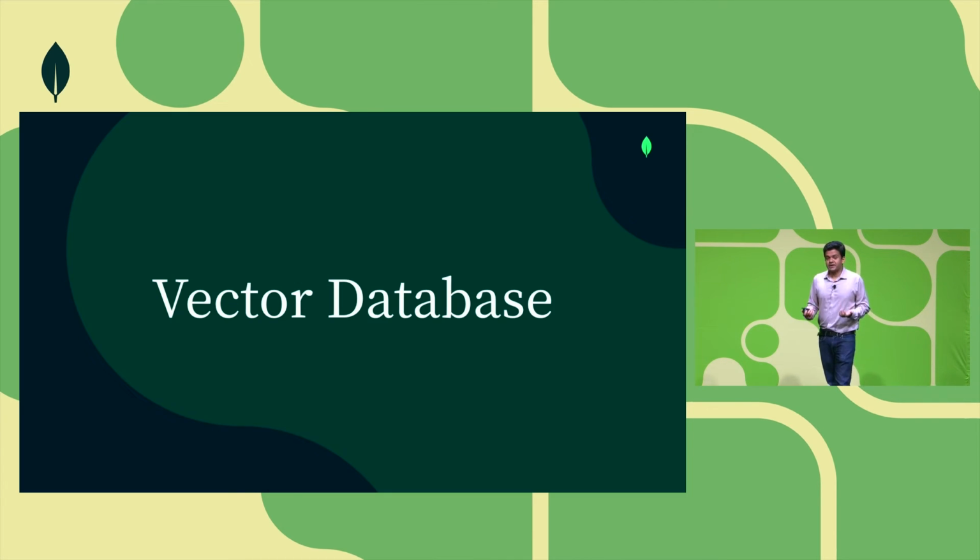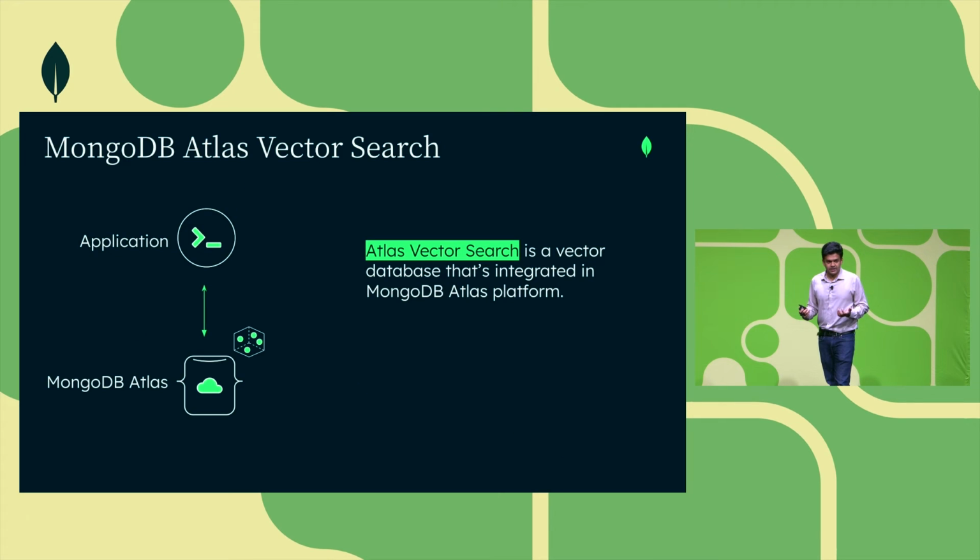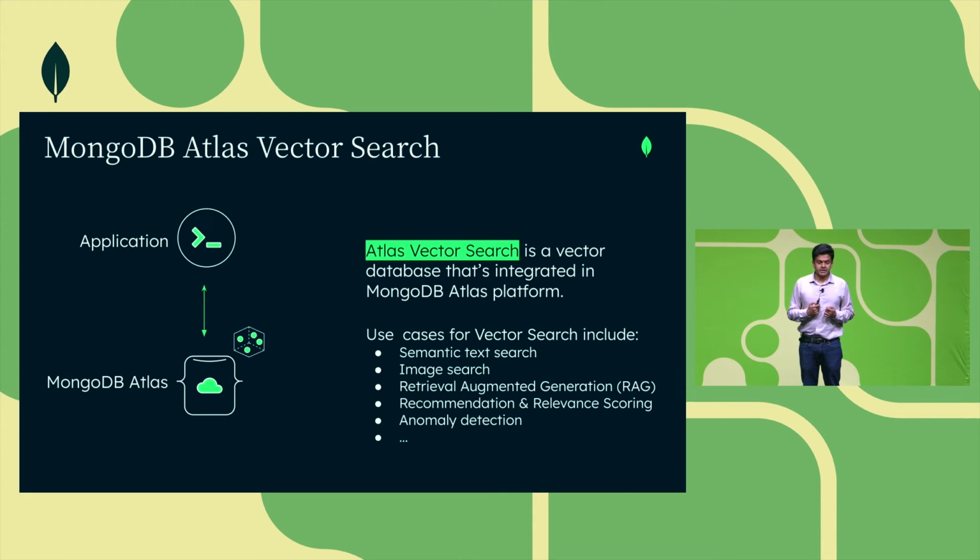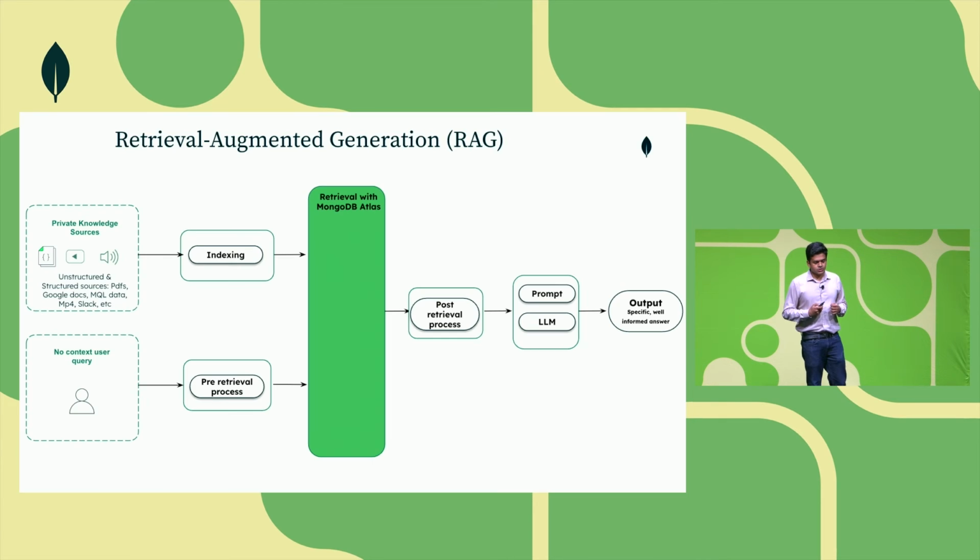That brings us to the vector database. Hopefully all of you are aware. I've been using it and would love to know what you're doing with vector search. It's a vector database integrated into MongoDB's Atlas platform that we announced at the last .local and have seen massive growth. So with the retrieval system in your RAG pipeline, it's an iterative process. Start off with a vector search, go to